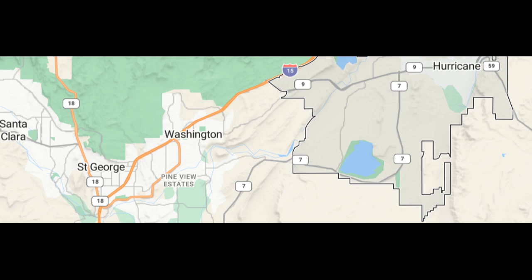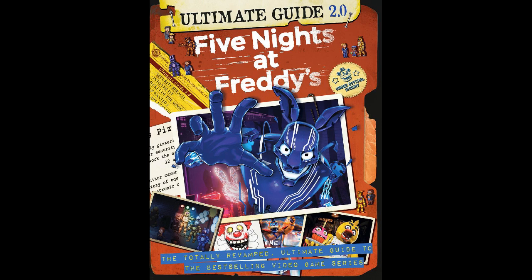And now, not only is it the setting for the Silver Eyes, thanks to Johnny Block showing us the cover of the later security breach guide, we know that Fazbear ENT was also around Hurricane because we have the zip code and information right smack dab on the front. So now we have confirmation that in the games, Fazbear ENT is also connected to Hurricane, which puts them right outside of the bowl in Hurricane in the Utah too.